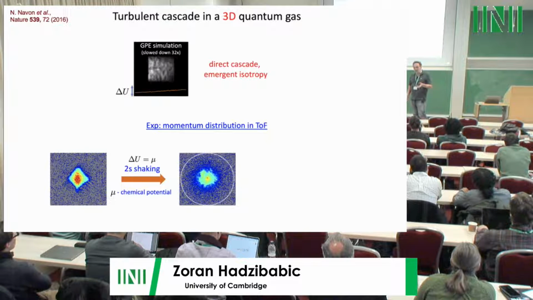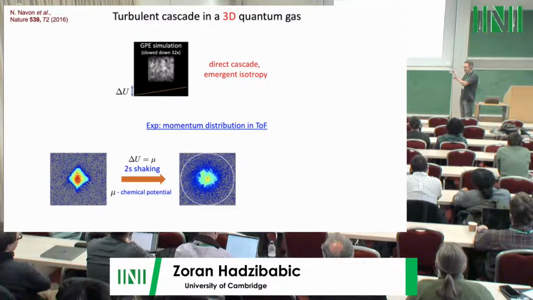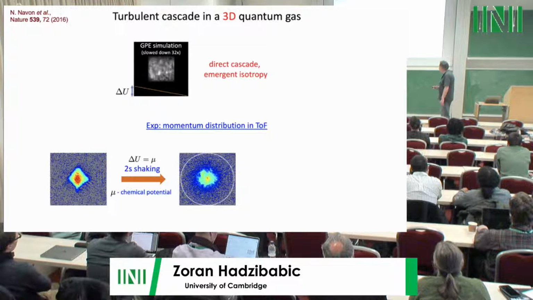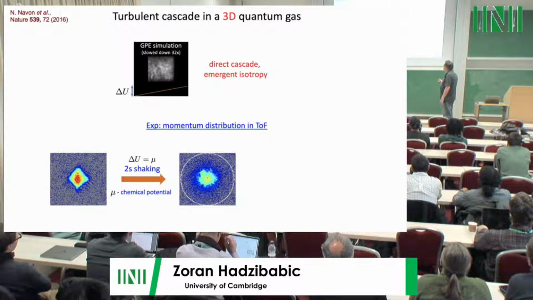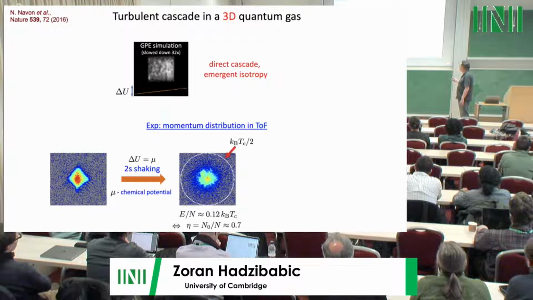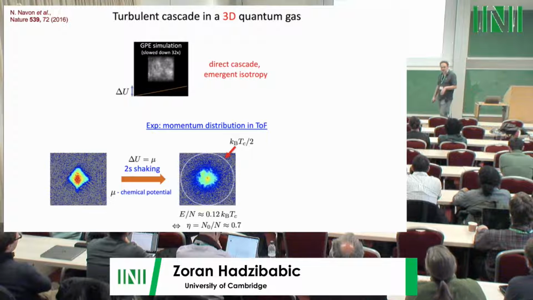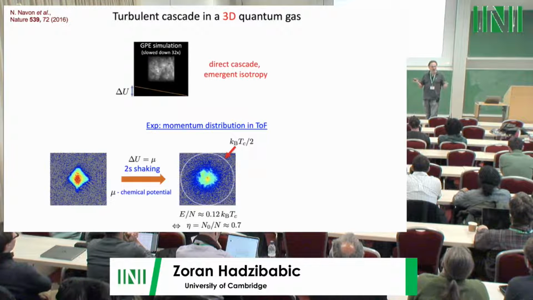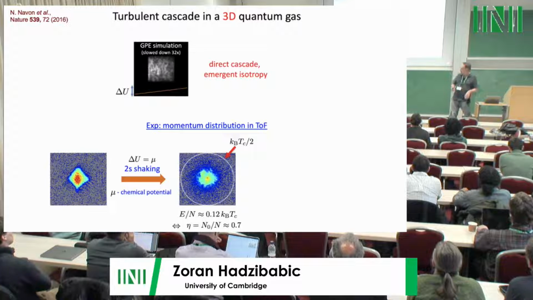Now, if you know something about cold atoms, you could be skeptical at this stage, because you could say, well, you just heated the thing up, right? So this could be just a normal thermal state that is not particularly exciting. However, the first hint that this is not the case is that while it is completely messed up, there doesn't seem to be any phase coherence left in the system. It's still a very, very low energy state, and that is first hinted by this dotted circle, which actually corresponds to a kinetic energy of half the critical temperature for Bose-Einstein condensation. So most of the atoms are actually well below that energy, even though the state looks messed up.